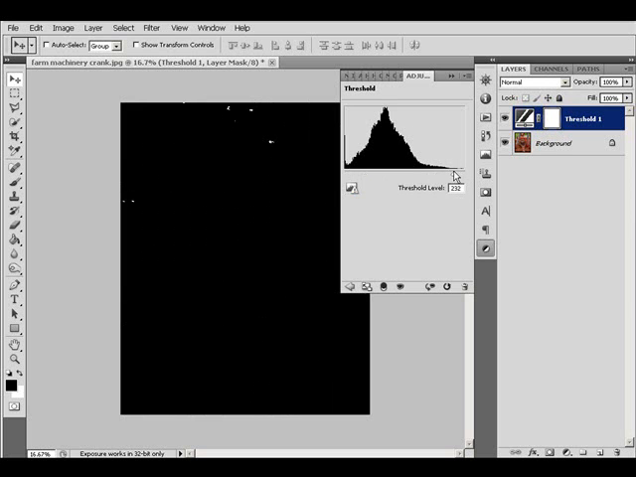Some of these points up here will just be blown out highlights. We don't want every single one of those. About here is probably okay. Zoom in on one of those points,